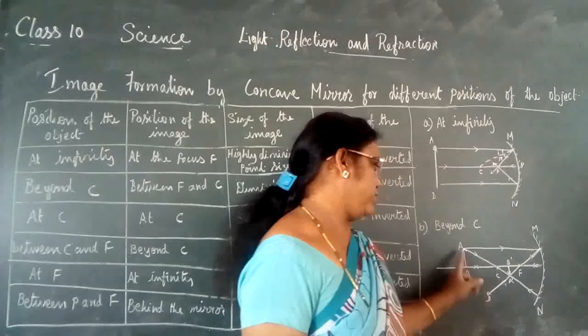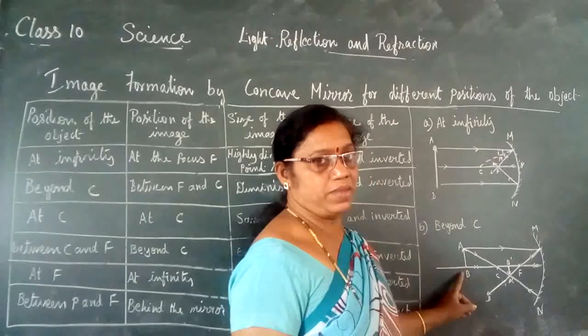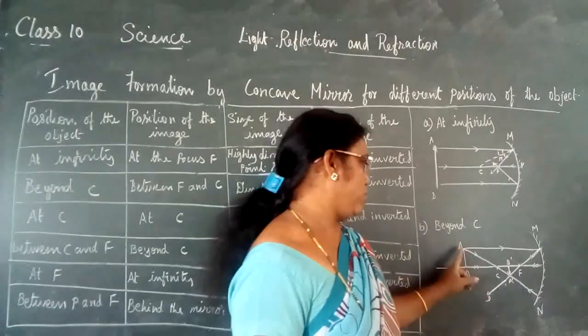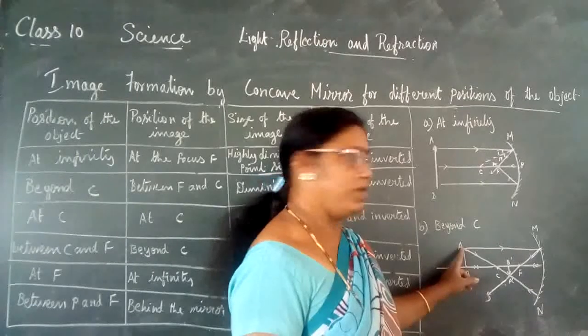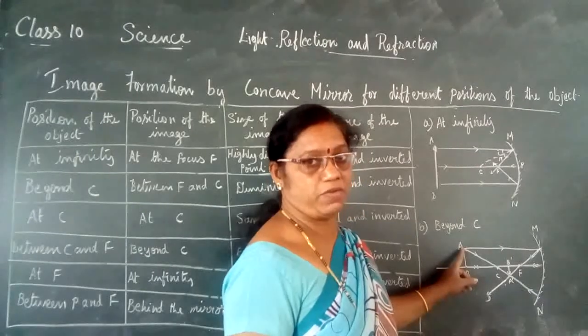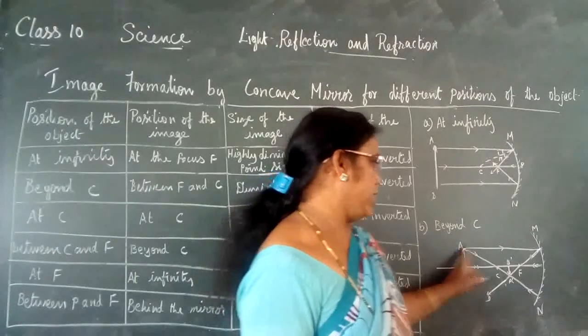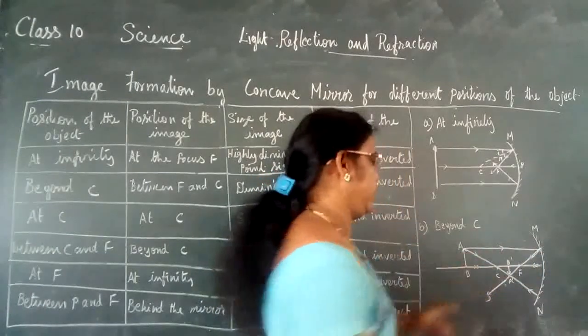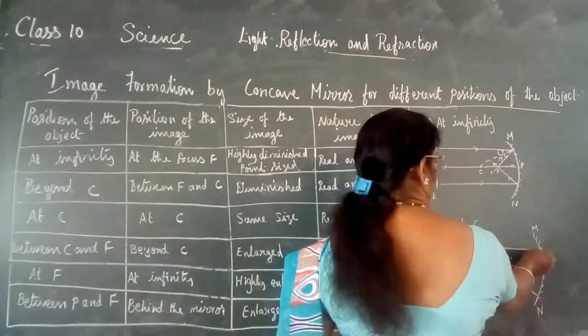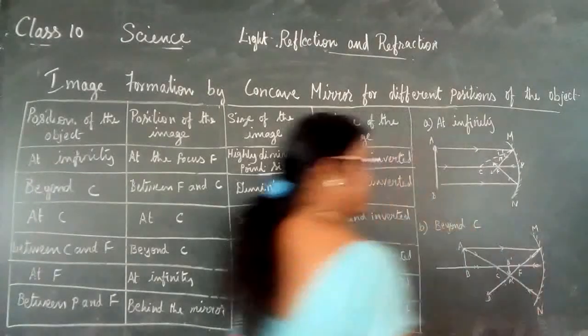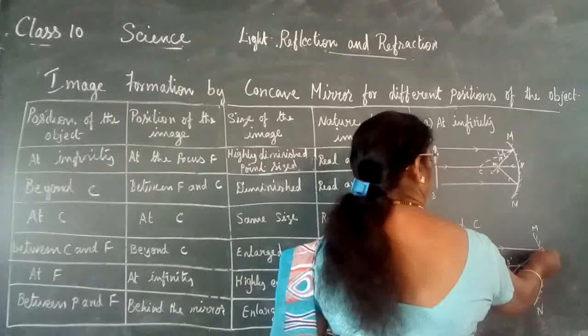When you draw the ray diagram, you have to draw a line from the top or the tip of the object. So here the ray from A, this is the line which passes parallel to the principal axis